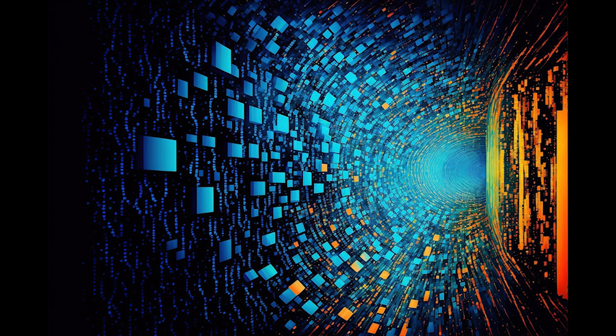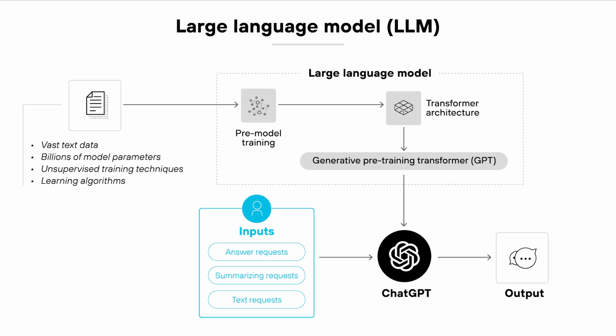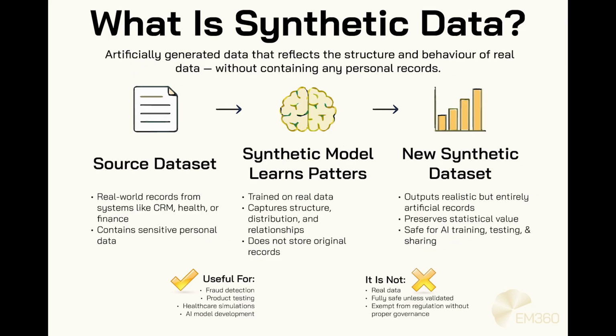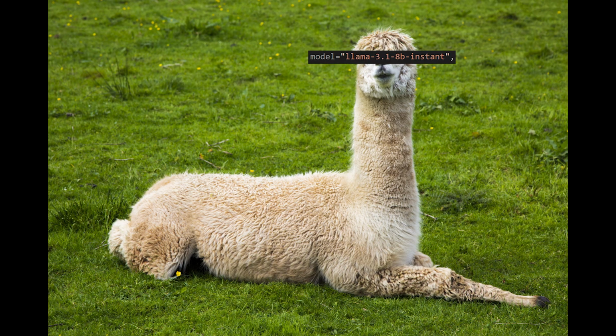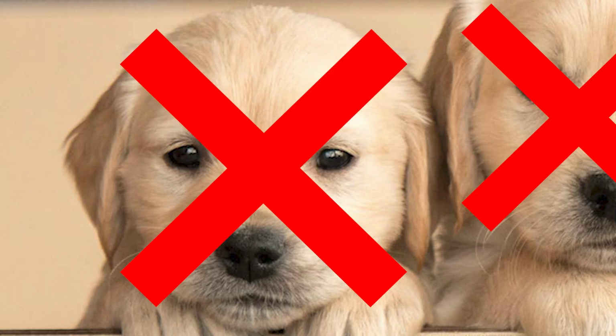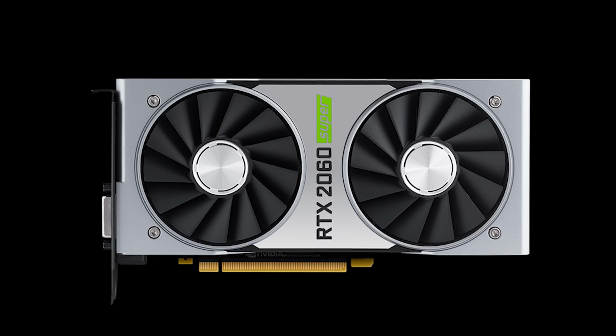For the data step, I'm going to be using a local LLM to generate synthetic data to train my model on. Synthetic data is data generated by a neural network, and in this instance, we're going to be using an LLM to generate text data to train the network on based on dog texts or not dog texts. All right, now let me just boot the LLM right into my GPU and